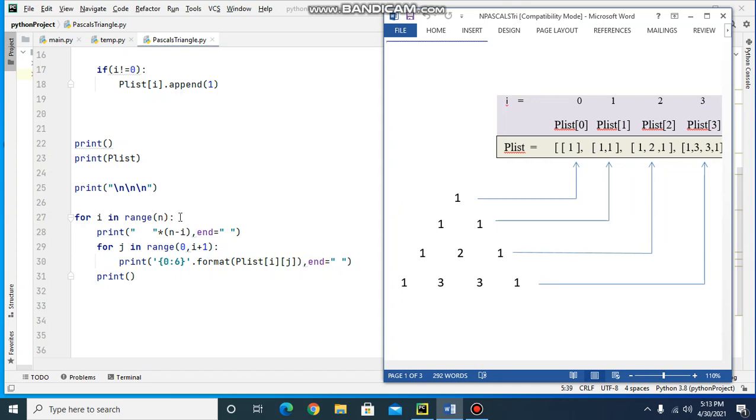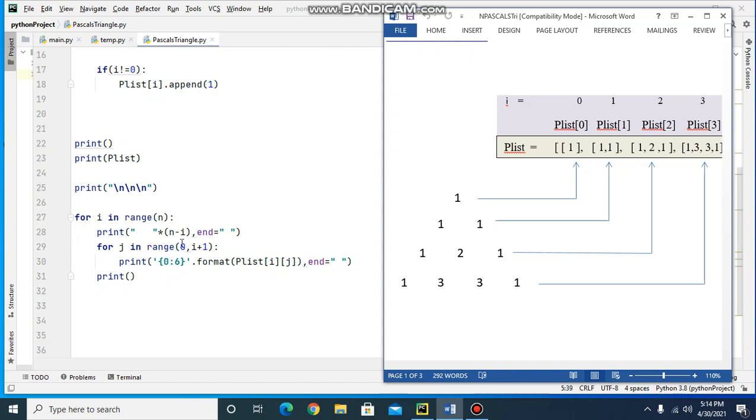Then it will go back to the for loop for the next iteration of i. The value of i is 3 now. So 3 spaces into 4 minus 3, that is 1. So 3 into 1, 3 spaces will be printed here. Then in the j loop, the range will be from 0 to 4. That means this loop will be repeated for j value 0, 1, 2 and 3.